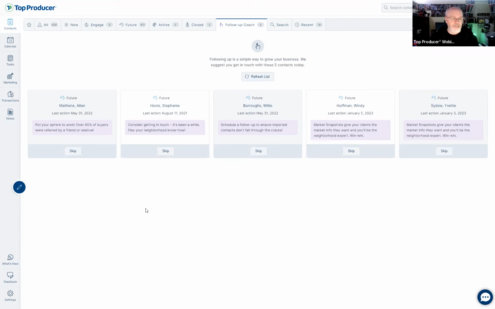So you're going to all see this glaringly ugly button here that says skip. I am going to highly, highly, highly recommend you never press that button. Now, one thing that'll make it easier for you is you do have statuses aside from these ones here that we've mentioned. You do have a status of inactive and non-client.